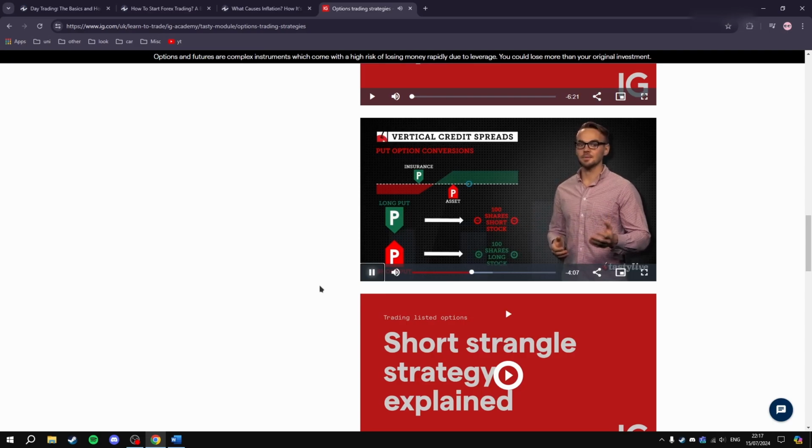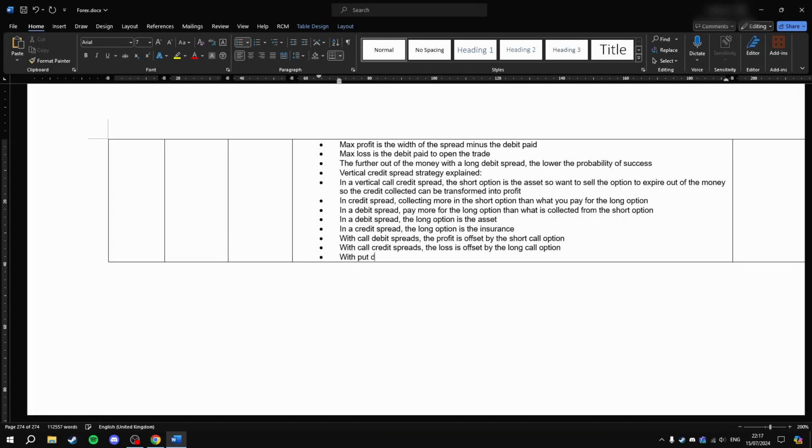Since I know this is true, if I sell a put credit spread, I know that my losses are defined below my long put, as the losses on my short put are completely offset by the gains on my long put. Again, when I buy and sell the same option type on different strike prices, something will be offset by the other. With put debit spreads,